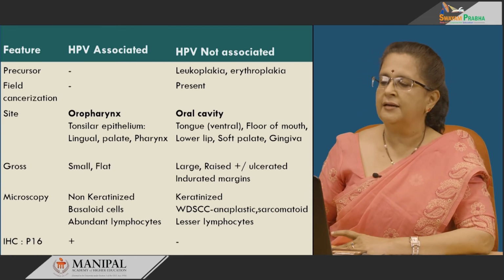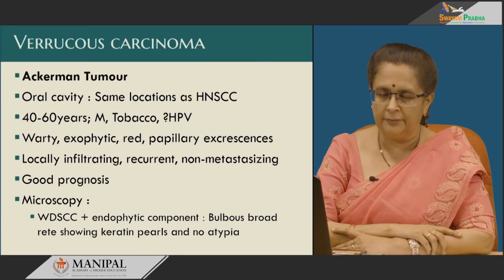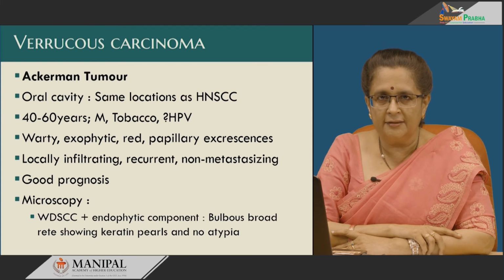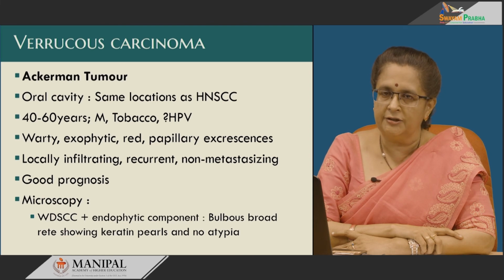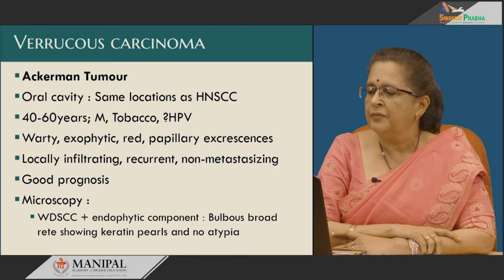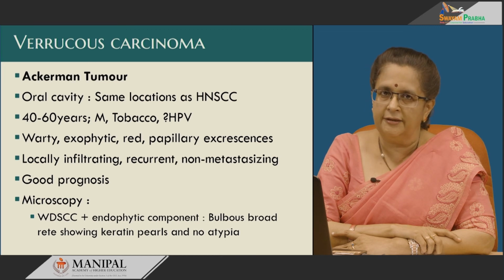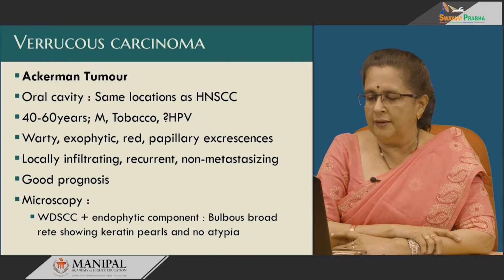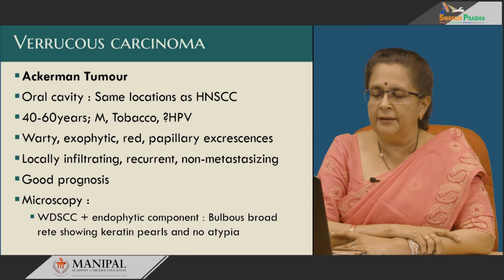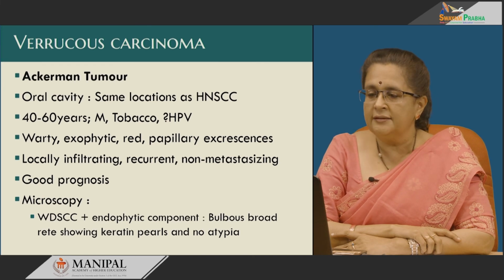Now, lastly, we will just have a look at verrucous carcinoma. Now, this is a carcinoma which has an excellent prognosis and was discovered by Ackerman, and hence it is known as Ackerman tumor, usually seen in oral cavity with the same locations as the non-HPV associated head and neck squamous cell carcinoma and almost similar etiopathogenesis. The age group is also similar, it occurs within the age group of 40 to 60 years, males more often, and tobacco is the main association. HPV, some say yes, around 28% of them are associated with human papillomavirus,